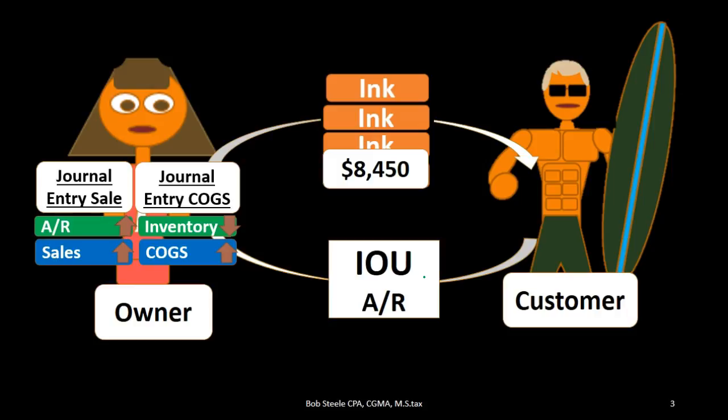This second journal entry would not be recorded at the point of sale under a periodic inventory system. Why? Because we may not even know this. It might be a little bit more complicated for us to do this. If we have our salesperson, it may be more complicated to record the related cost of goods sold and the inventory reduction. We, of course, would know, our system would know the sales price at that point in time. It may be easier for us to not do this second journal entry and plan to do it based on a physical count at the end of the day, at the end of the week, at the end of the